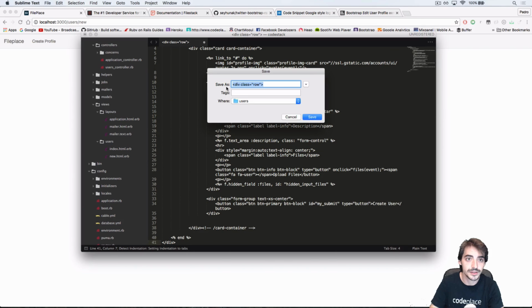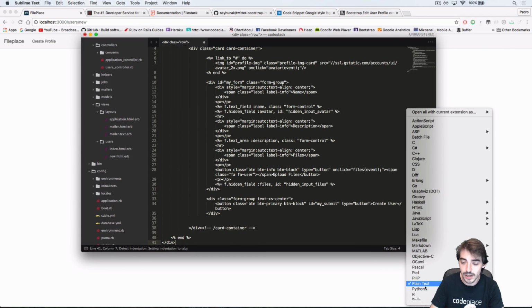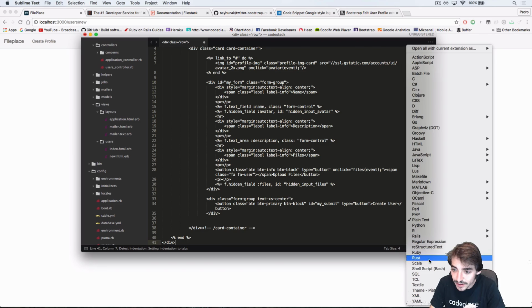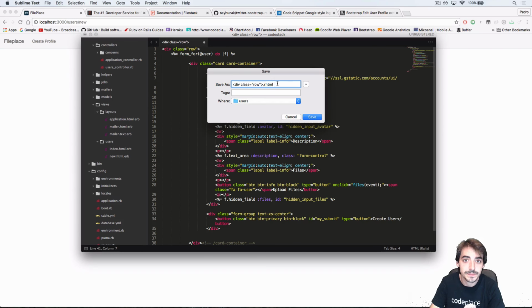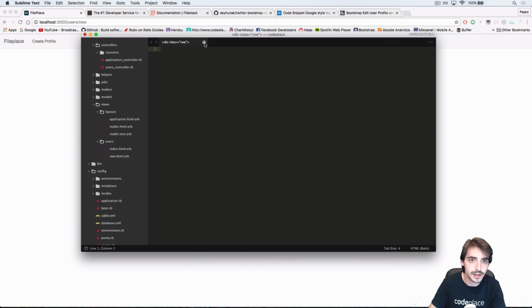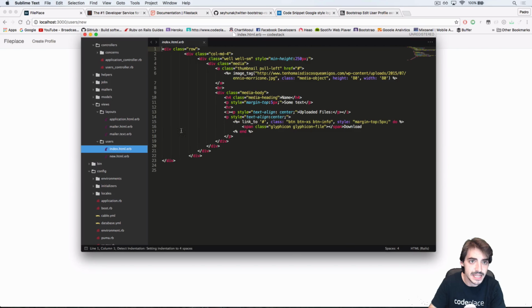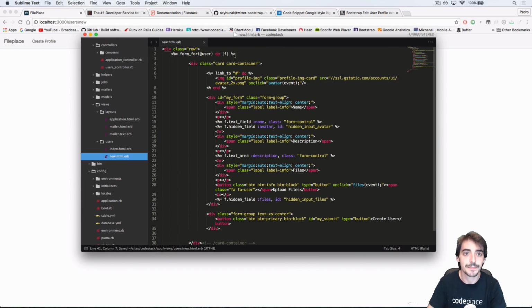This is not copied from the notes, so it doesn't know which language it is. So let me put HTML Rails. Yeah, exactly. And I didn't open the, oh, sorry. Let's close this. I don't want to put it in the index, but in the new, sorry. Like this. Okay. So as you can see, you have a form for, and if I refresh this,